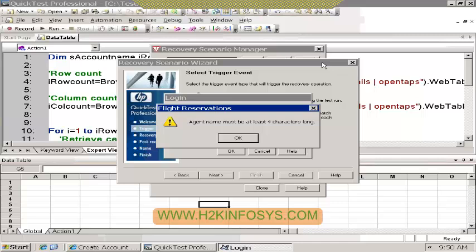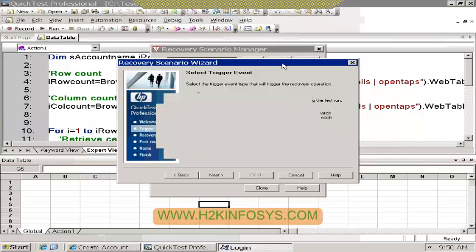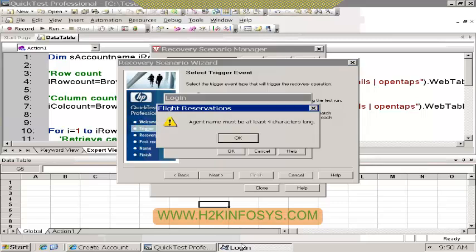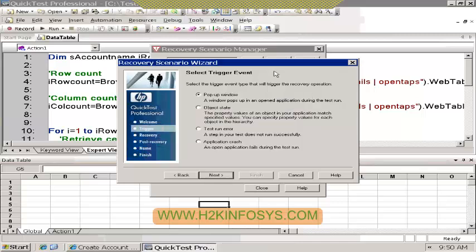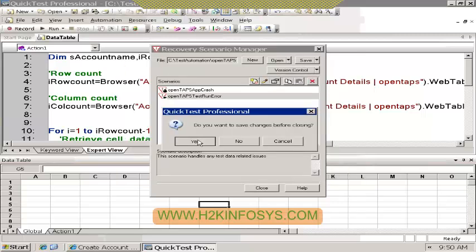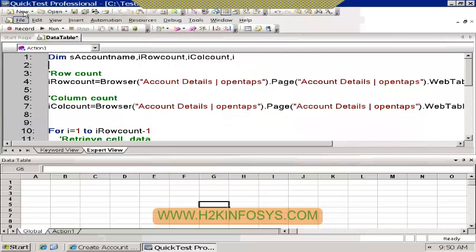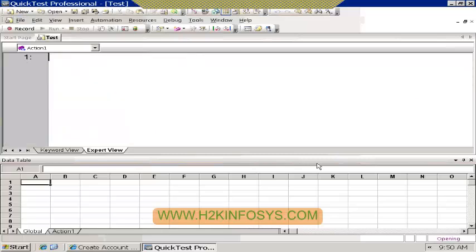So I can explain on this application how to create a recovery scenario for this. Okay. So in this case, say for example, let me create a script. Okay, let's do this. So these are the scenarios. Say yes. And then if you look at this application,